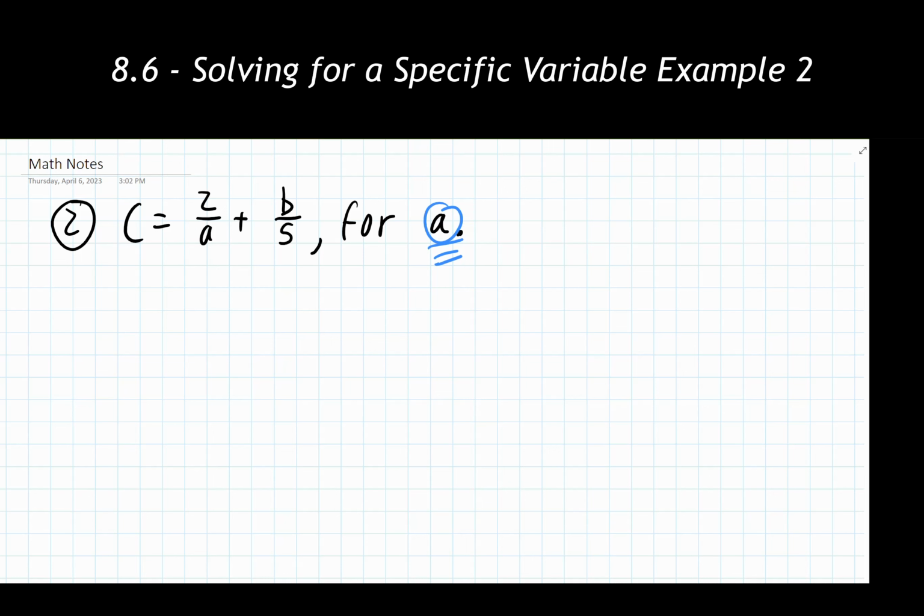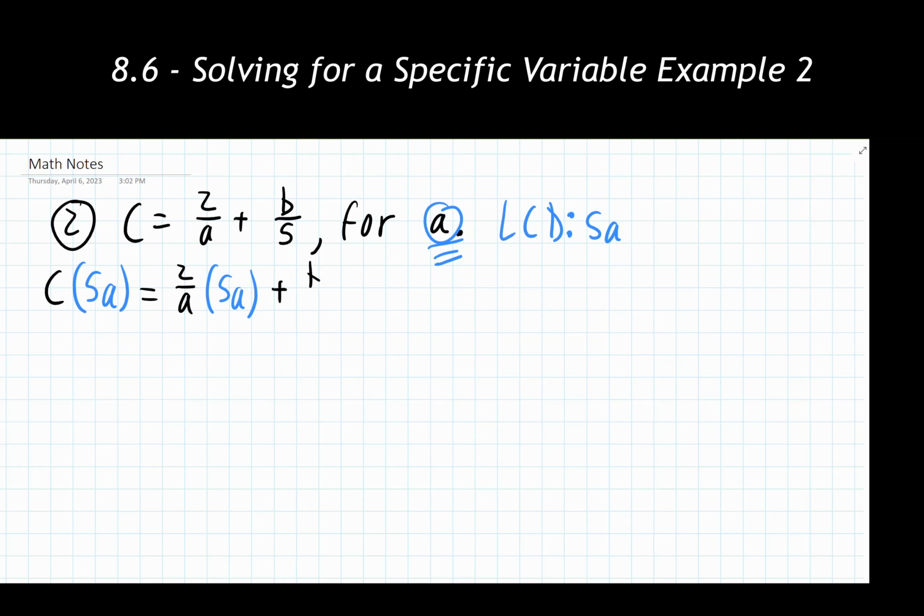So what's the lowest common denominator amongst everything that we've been given? That's going to be 5a. So that means every single term, I'm just going to move this off to the side so I have a bit more space here. I'm going to take each term in this problem and multiply it by 5a. Again, my intention for doing this is to eliminate fractions.